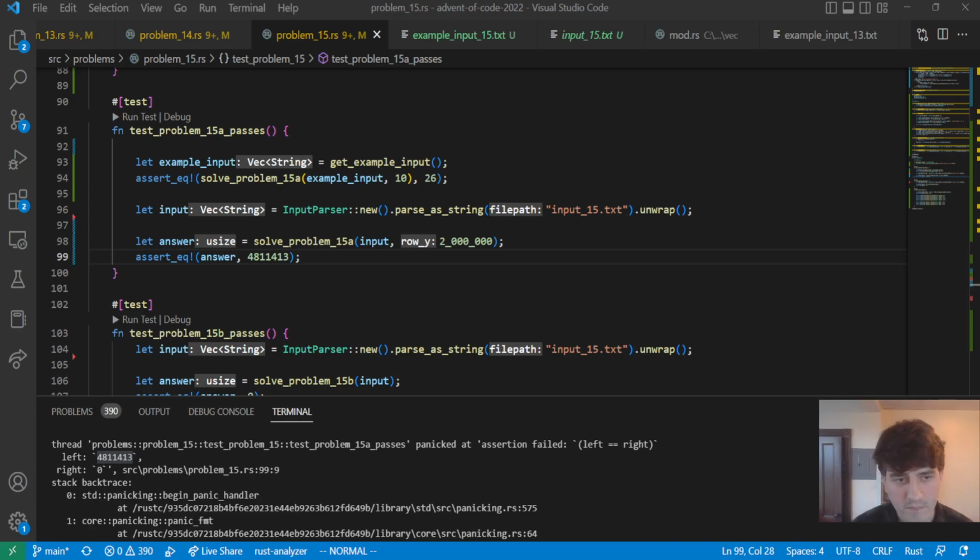Okay. In the example above, the search space is smaller. Instead, the X and Y coordinates can each be at most 20. With this reduced search area, there's only a single position that could have a beacon: X equals 14 and Y equals 11. The tuning frequency for this distress beacon is that. Find the only possible position for the distress beacon. What is its tuning frequency? Okay. So